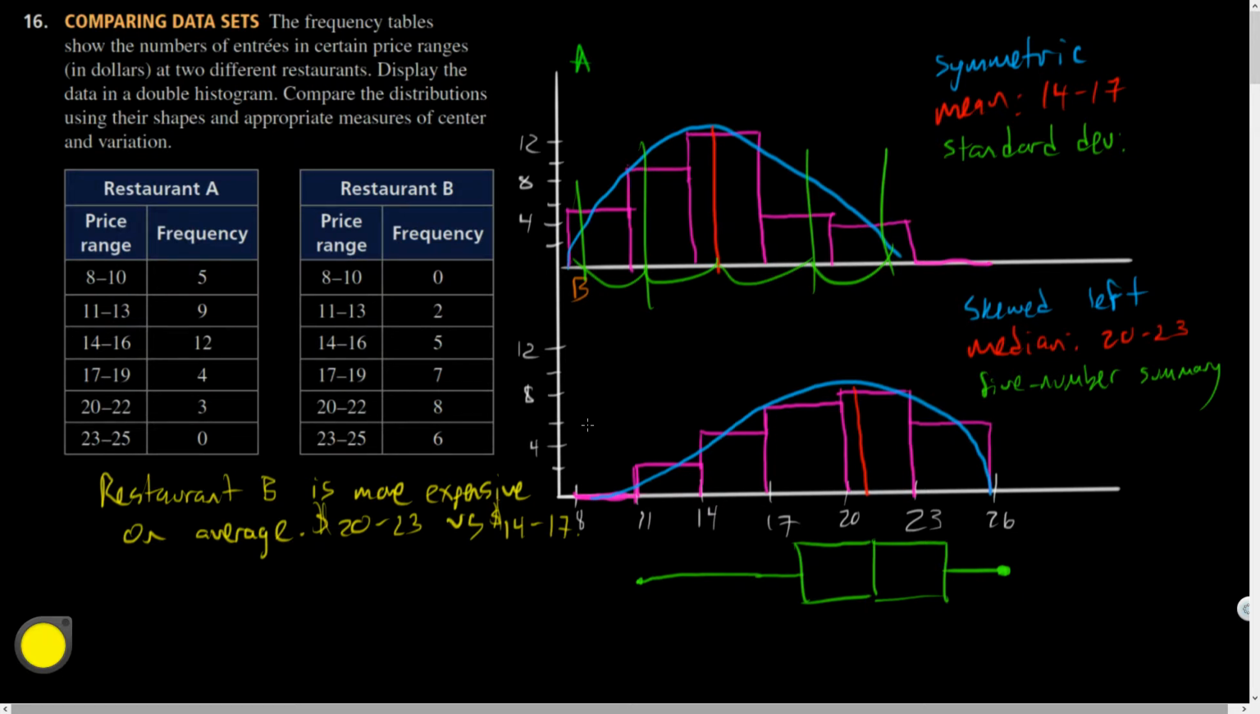Do either of these restaurants have a larger range of prices? I think both of them actually had a 0 height column on one end or the other. So the ranges actually ended up being the same. Yeah, so that doesn't necessarily say a lot. Although you could say that restaurant B,